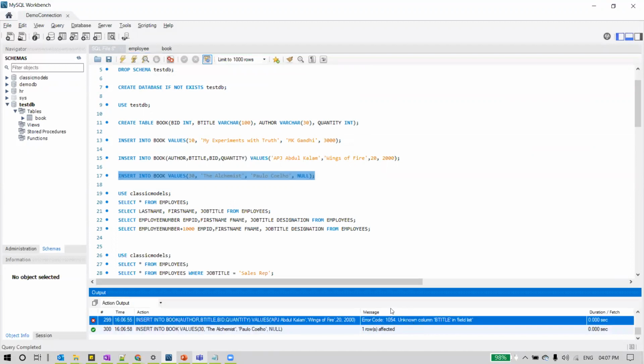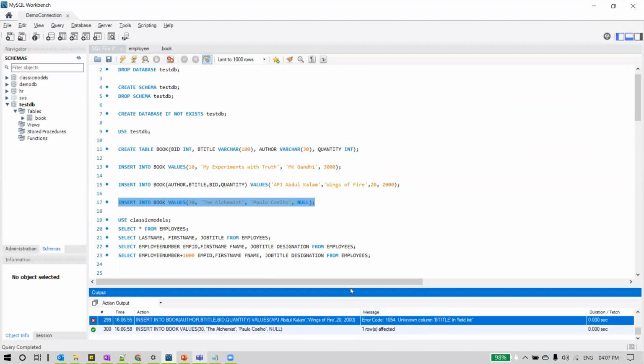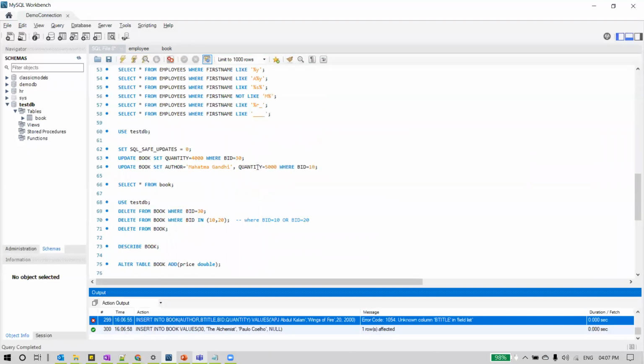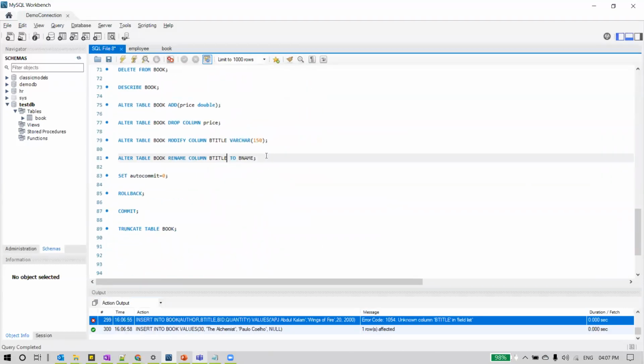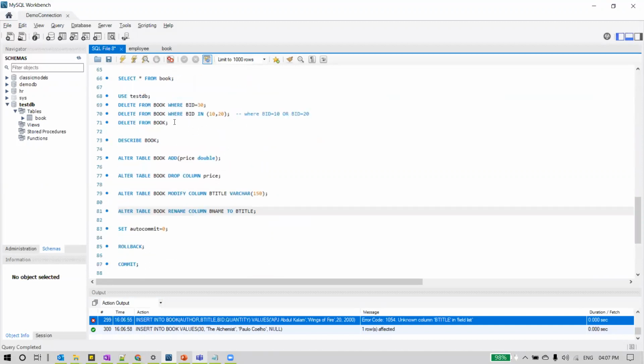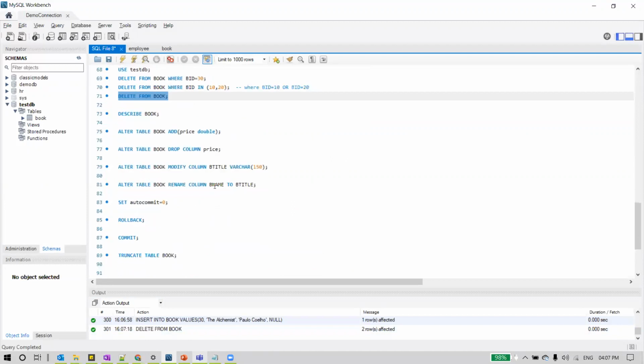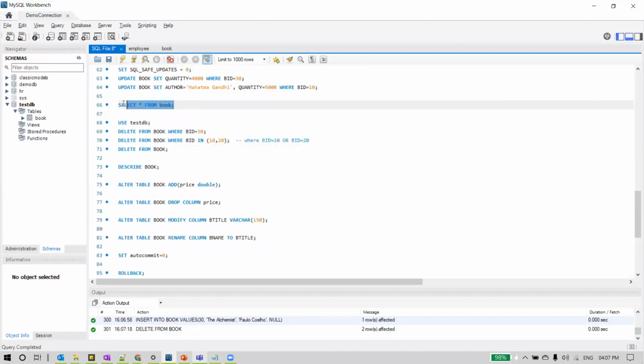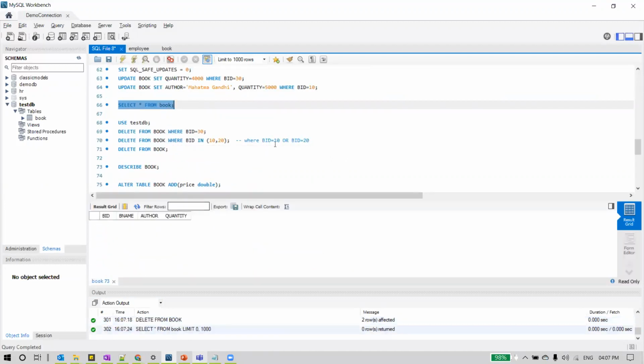Okay, it says b title in field list. Okay, we renamed it to b name, right? So somewhere we renamed it. Yeah, let us rename it back to b title. That's why it was throwing an error. Select star from book. We don't have any rows.